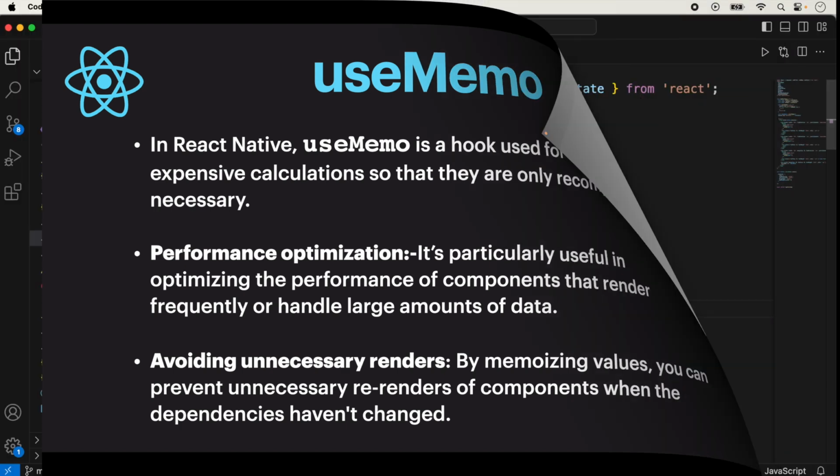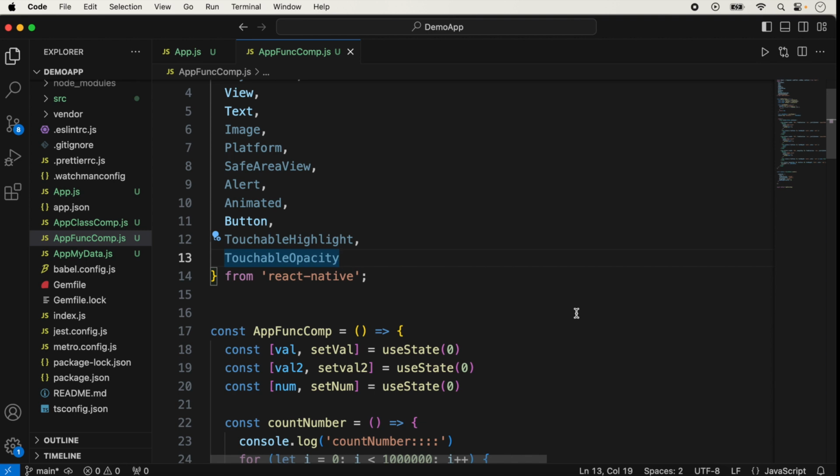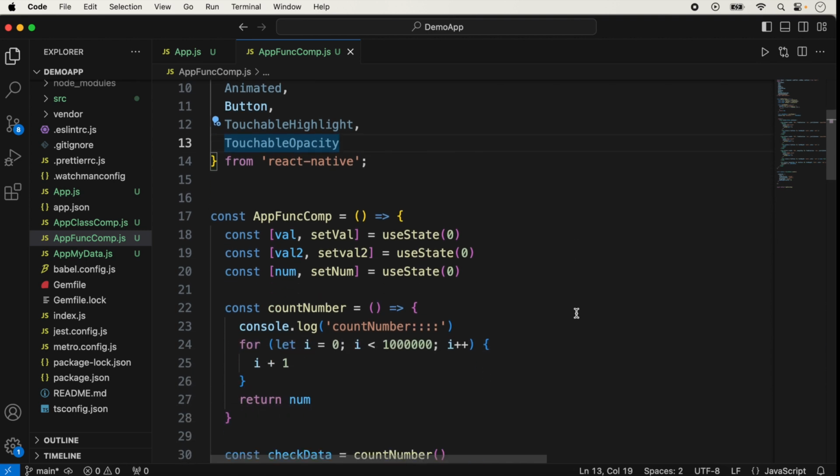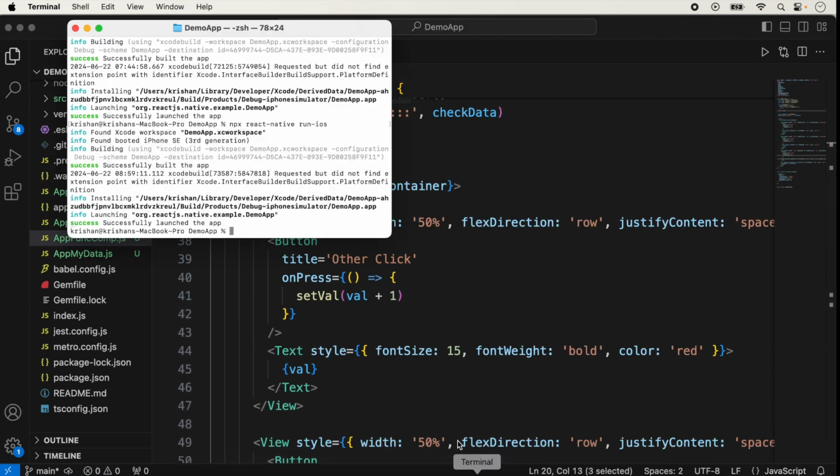So let's start. useMemo we always use in the functional component. We don't use it in the class component. So this is a functional component and I have declared here value 1, value 2 and num. So here I have already declared the useState variables,